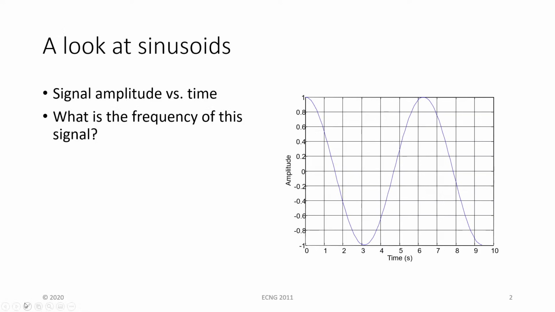So if we look at a general sinusoid signal here, we can see that if we try to characterize it, we have some signal amplitude and some period of the signal itself. And this is with respect to amplitude versus time. And in asking what's the frequency of the signal,